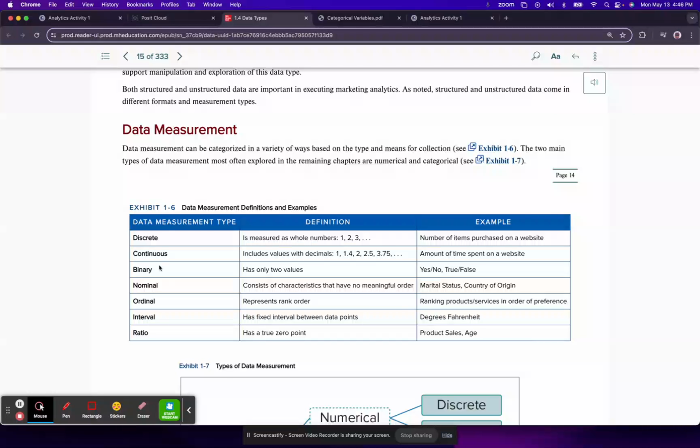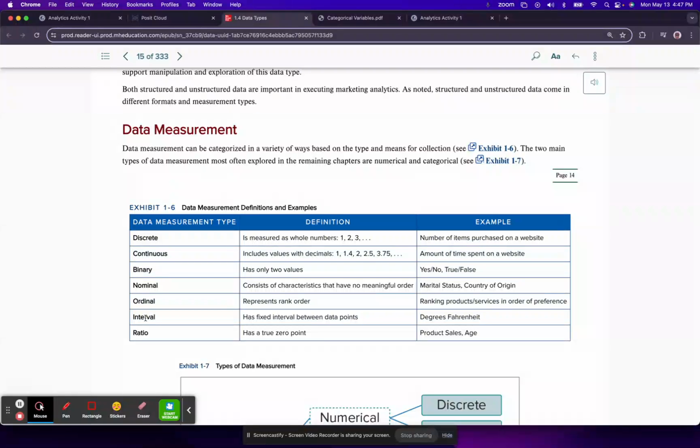And this is really important foundational information to know because this is where it starts. We have a lot of statistical tools available to us, but it's only going to work correctly if we identify the kind of data that we're working with. So, for example, if we have ordinal data, then there are statistical tools that we should not use because they're more appropriate for interval data.